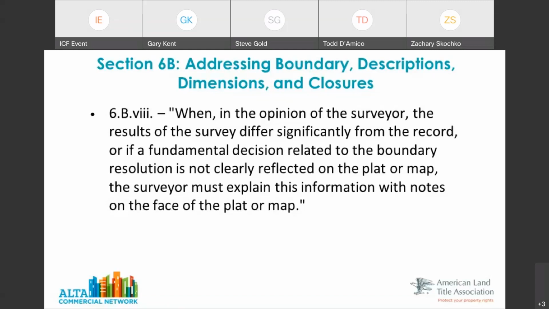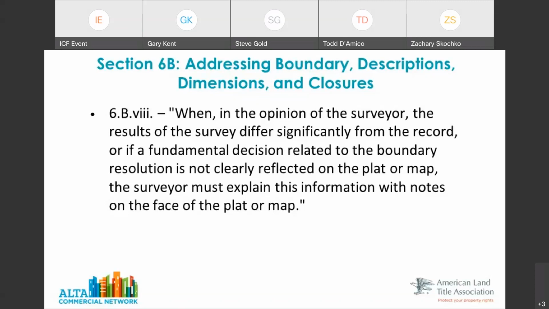I think we can safely assume that someone is going to wonder what the heck is going on with that. And so this is where the results of the survey differ significantly from the record. Normally, a surveyor will be able to figure out exactly what happened. Not always, but typically we'll be able to figure out what has gone wrong here, and then we can make a note to that effect.